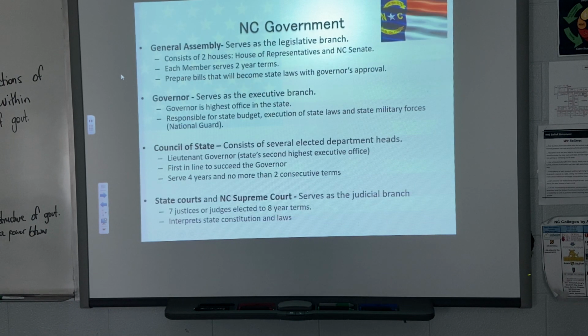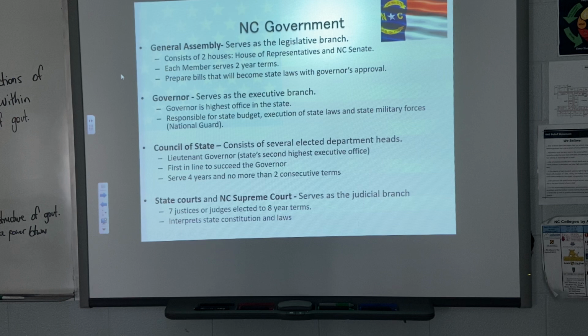All right, so North Carolina government, you see that we have the three-branch structure. Remember, not all states are required. North Carolina implements it. The General Assembly is also referred to as the legislative branch of government. So if you're watching the local news, and the news anchor mentions, well, the General Assembly met today, you probably heard that before. There again, that's implying the legislative branch of government. It too has a two-house Congress, like the legislative branch of our federal government: a House of Representatives and a North Carolina Senate.